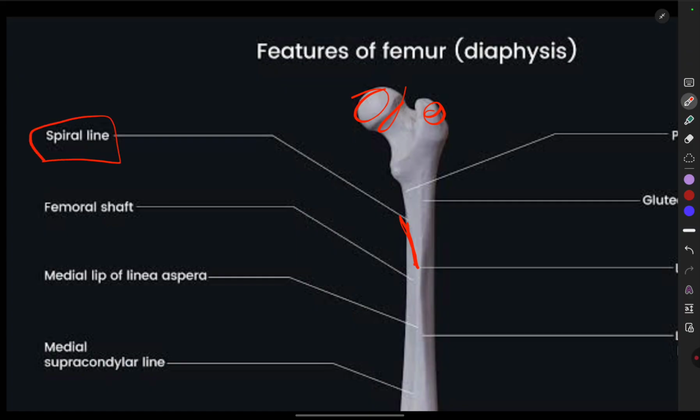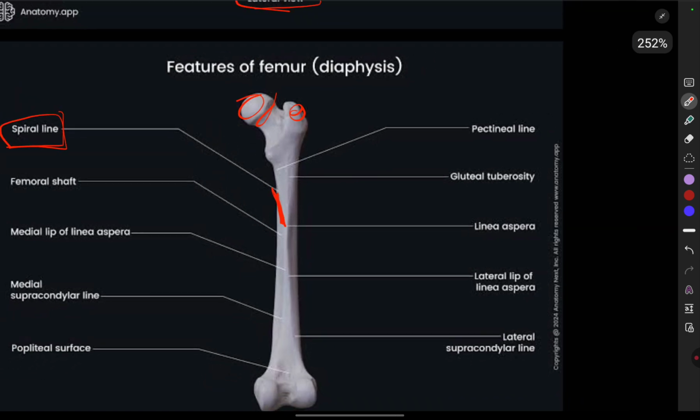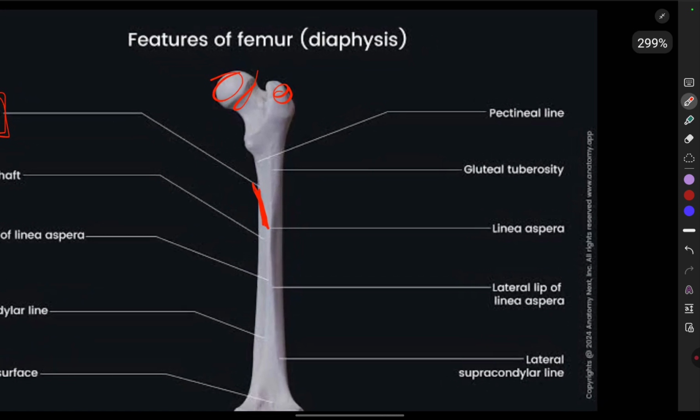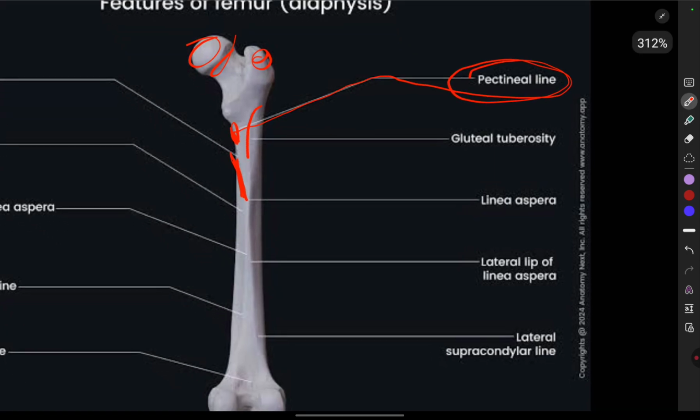We have studied in the humerus bone, on the back side, in the posterior view, we also had a spiral groove or a radial groove, right? So here we have a spiral line. And just below the lesser trochanter, we have this pectineal line. Okay, we have the pectineal line, and there is a tuberosity in the upper part, that is the gluteal tuberosity,